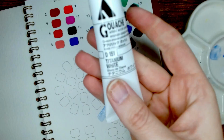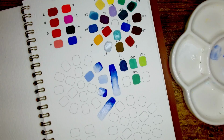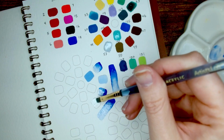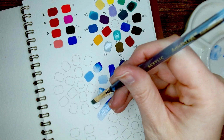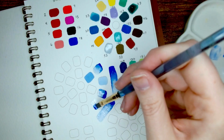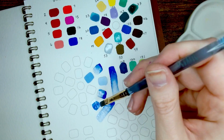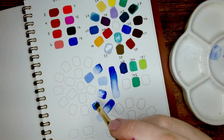2 stripes, 2 failures. We're going to go ahead and go over to Holbein's acrylic gouache to see how that mixes. I'm actually going to try blending on the page itself rather than mixing on the palette. So just adding a little bit of moisture to the swatch first with just a touch of pigment, and globbing on that blue. I'm not getting the same sort of repelling. It is blending okay. It looks really messy on camera though, and it's